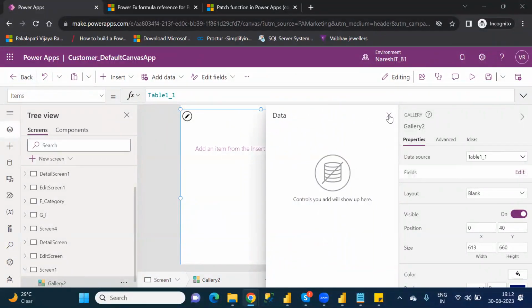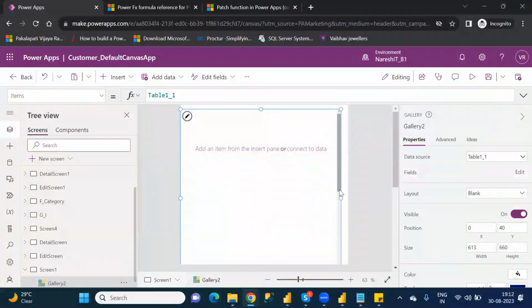It is not showing the columns. One second, we'll see later for the gallery. This one, like,